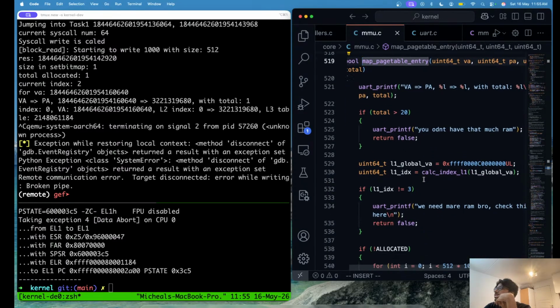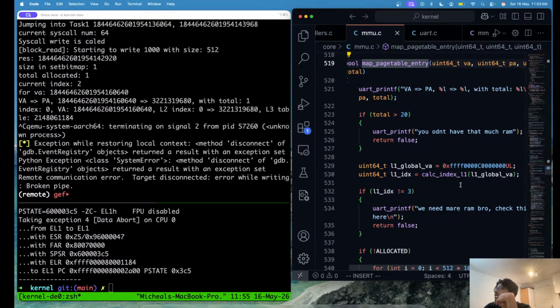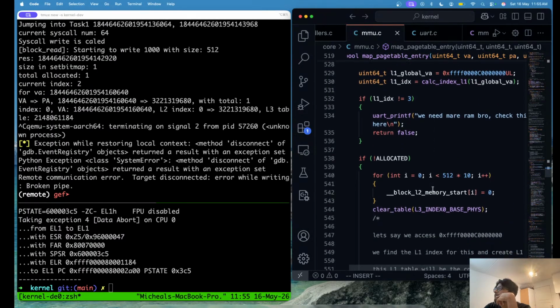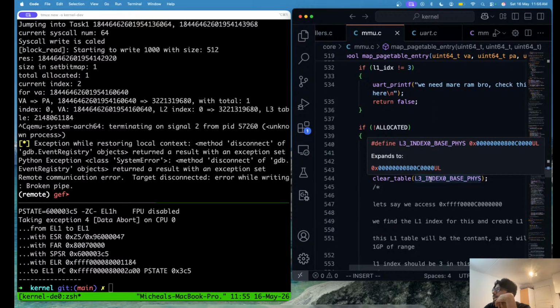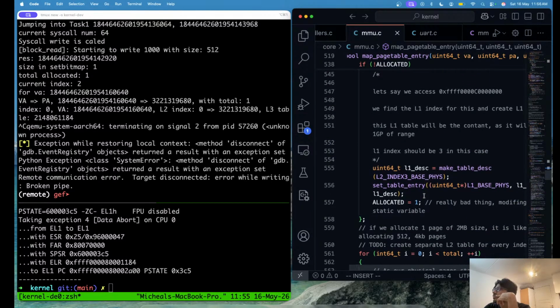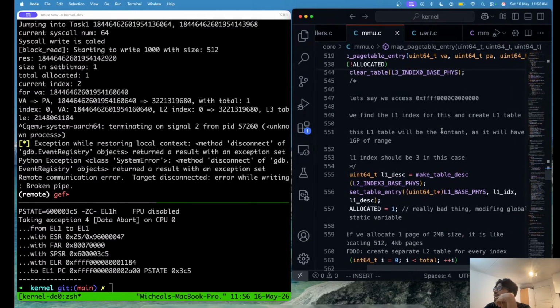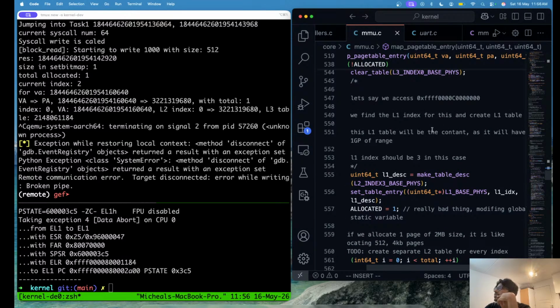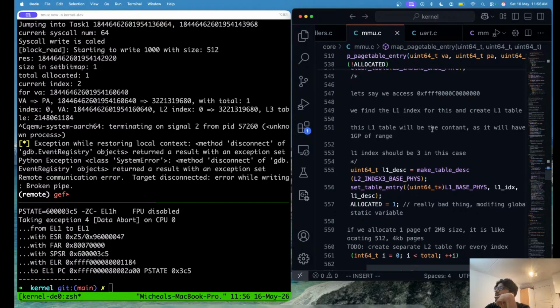Here, let's say we access L1, create L2 table, L1 table, and